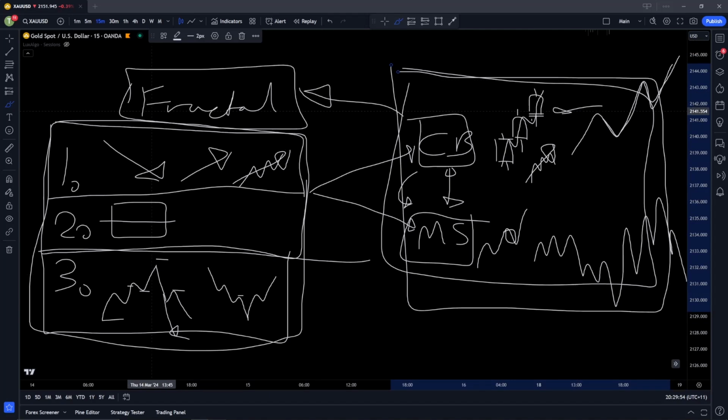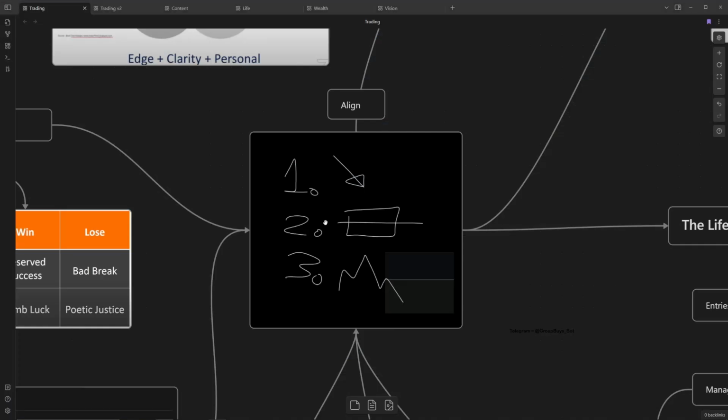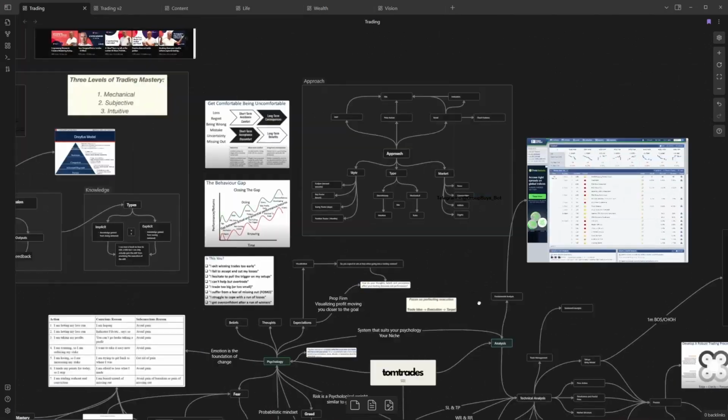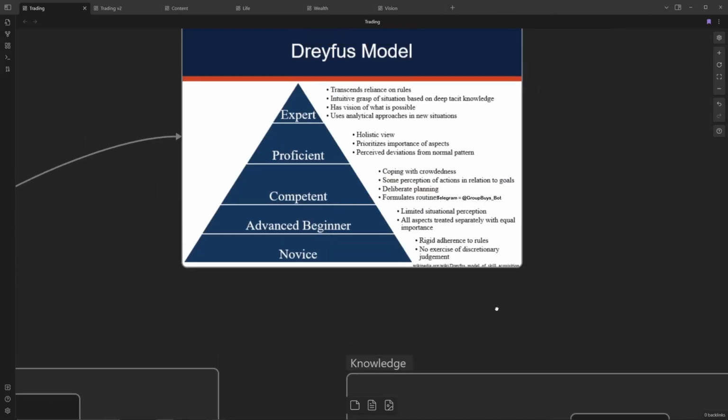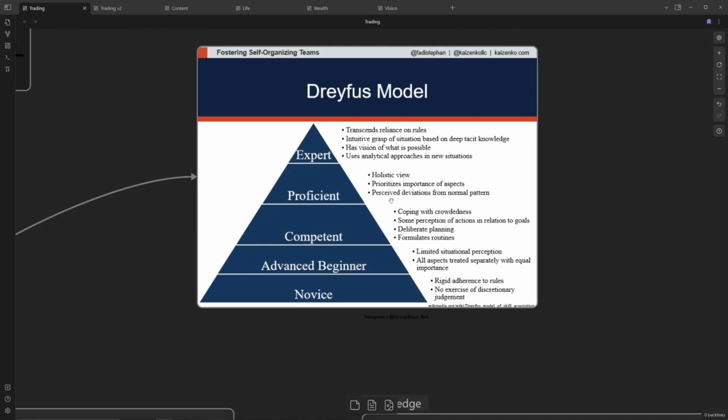So this is a lot of information. It's going to be hard to memorize this. So when you first start out learning a certain approach, a skill, if you're going to learn this certain approach, it's good to have more rigid rules, rigid adherence to rules, less discretionary judgment. But in order to improve, you're going to have to gain that awareness, gain that perception through that journal, that plan, tracking. And then when you become an expert, you transcend that reliance, less rule-based, more intuitive grasp.